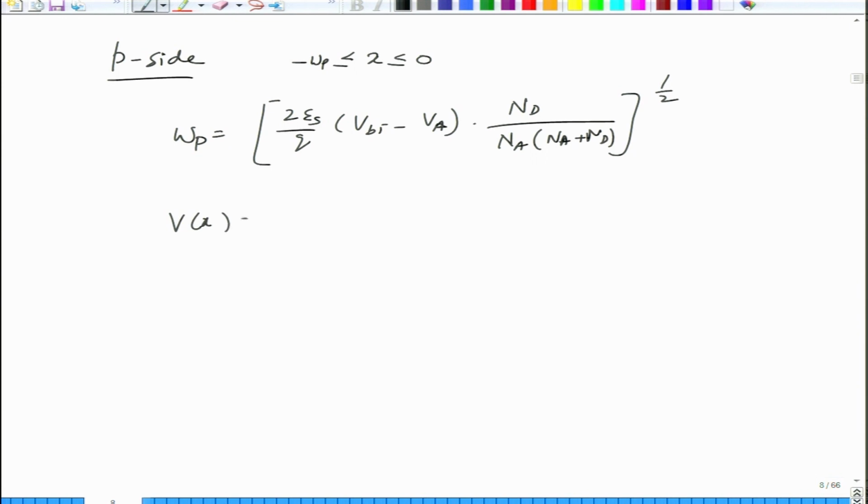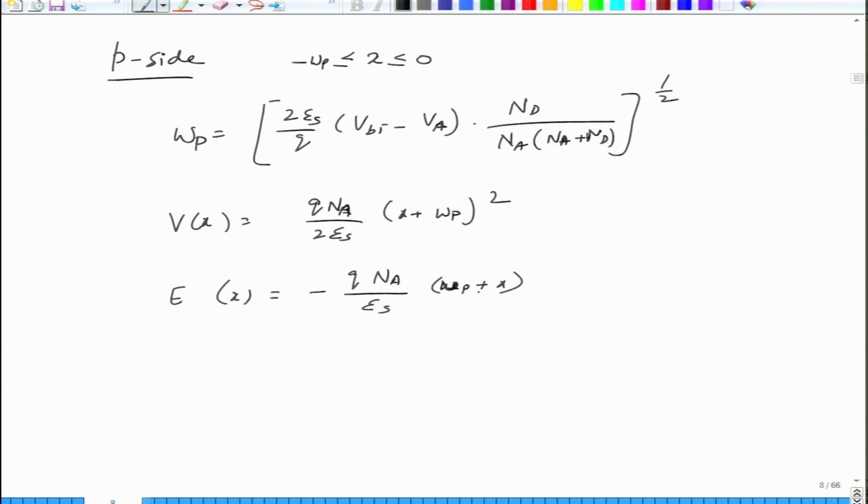Vx will become q Na divided by 2 epsilon s into (x plus Wp) squared, and Ex will become minus q Na divided by epsilon s into (Wp plus x), and the junction width will become